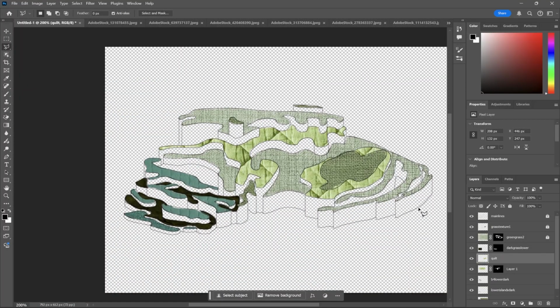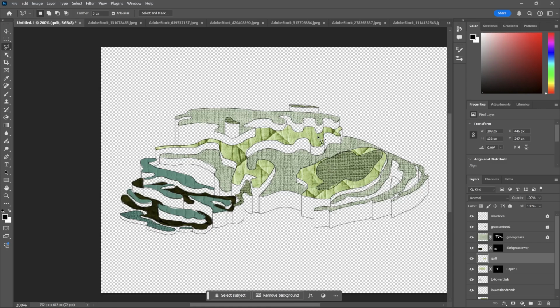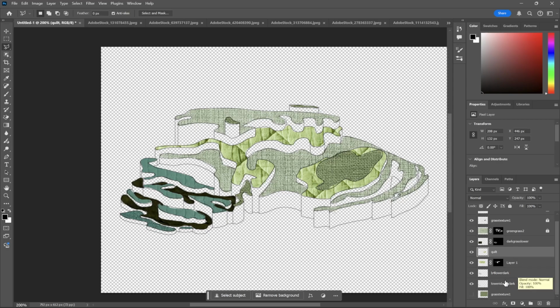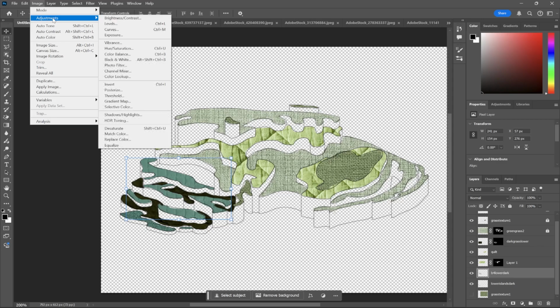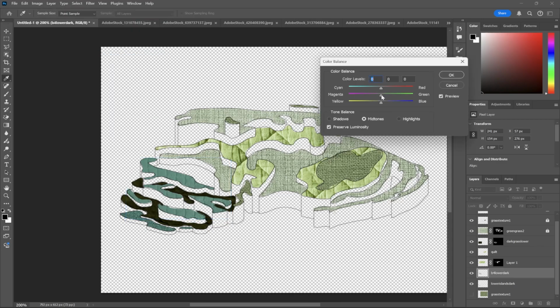Now that I have my grass textures cut out already, I do want to change the colors of some of them. For example, maybe I want these ones to be more green than they are blue, and then maybe I want that really dark color to be more green than it is looking kind of black. So I'm going to start with those ones that look blue. I'm going to make sure I have that layer selected, and I'm going to go up here to Image, Adjustments, Color Balance. I'm just going to start sliding these around to make it look more green. And I'm going to just keep doing that for the rest of those textures that I want to change colors.